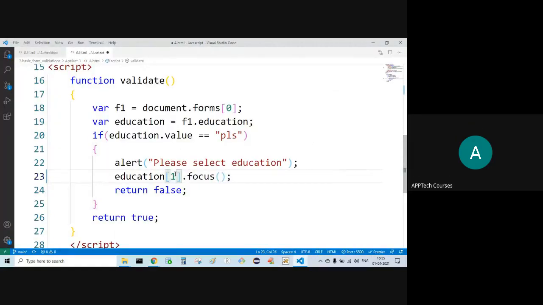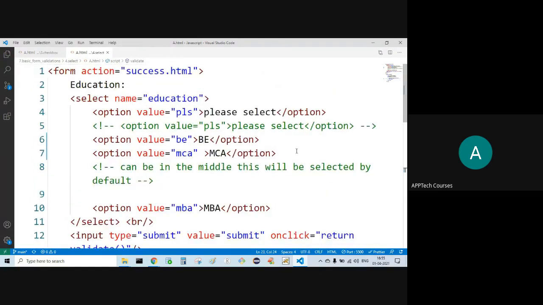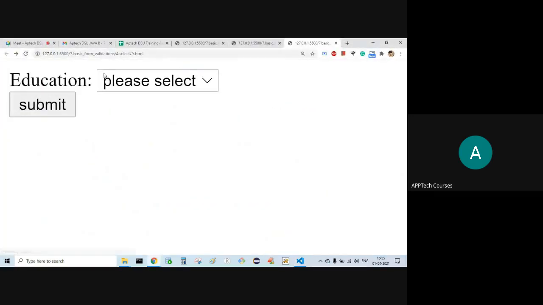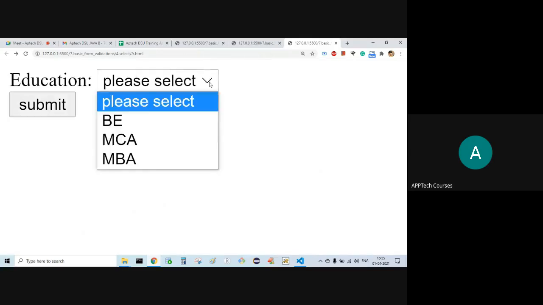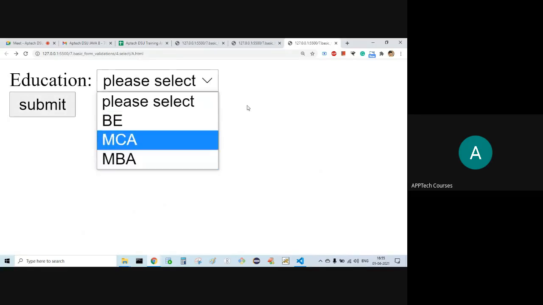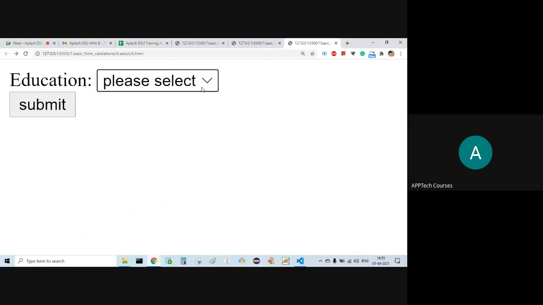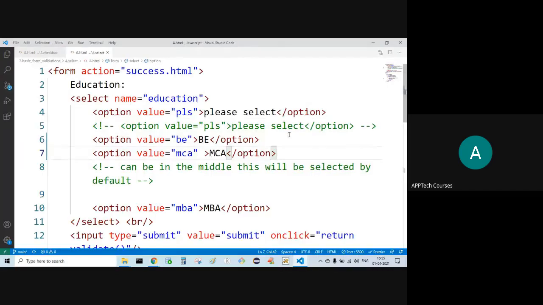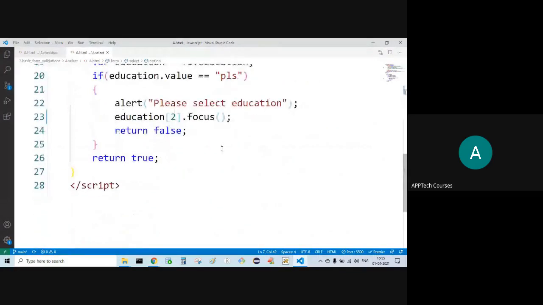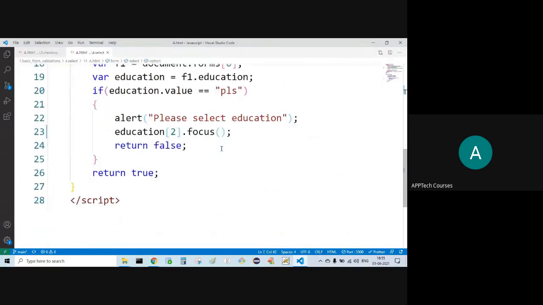Let's say it is our second option. Second is what? MCA. Select education. Space. Education. Education 2 dot focus.